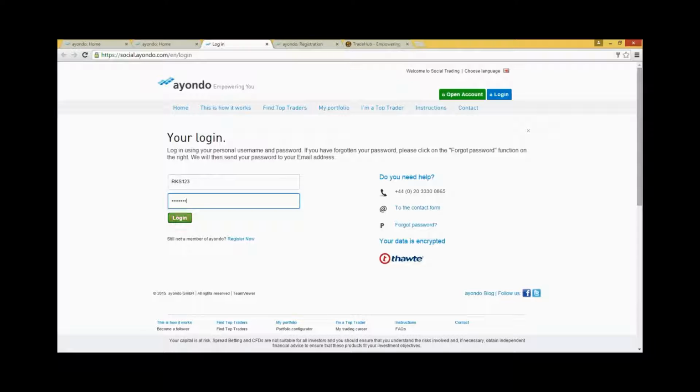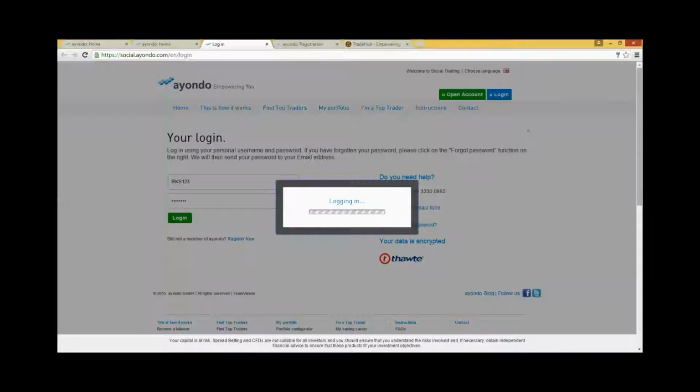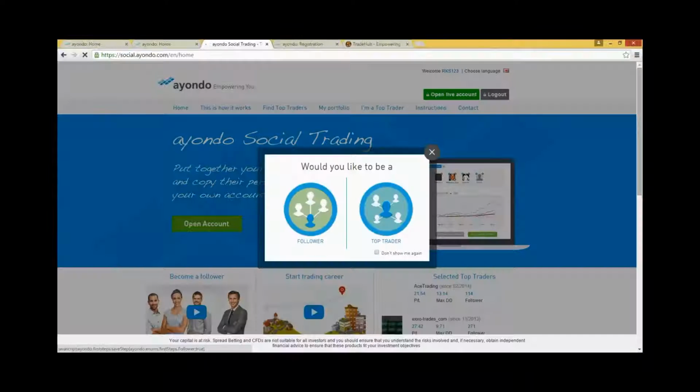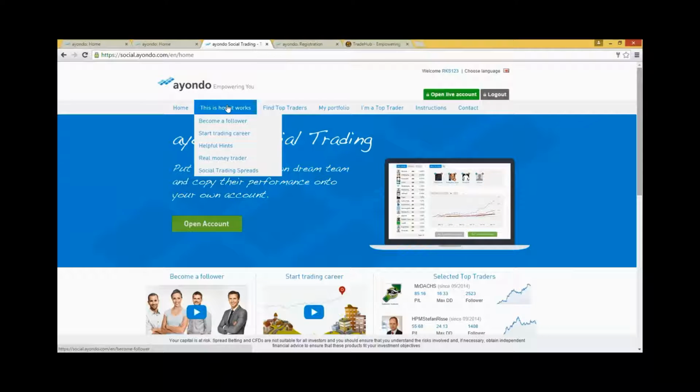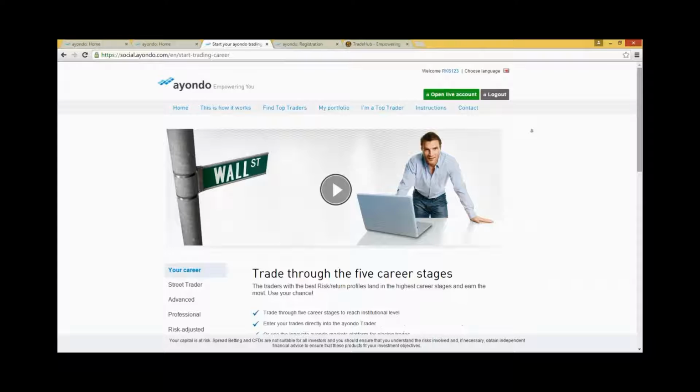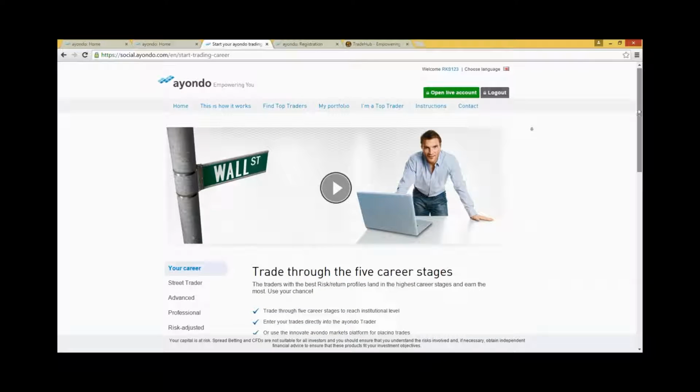So the Trade Hub platform would be where you would put in all of your trades, and this platform here is where you may see the requirements to progress and how you are progressing as well. So for example, we will go to this is how it works. Starting a trading career, these are the criteria that you're going to have to meet to progress from level 1 to level 5. So everyone will start as a street trader,